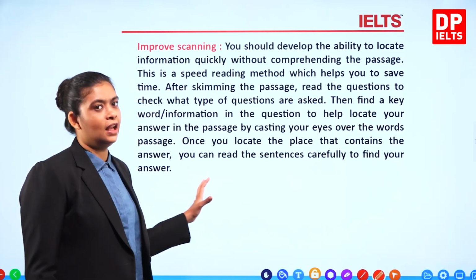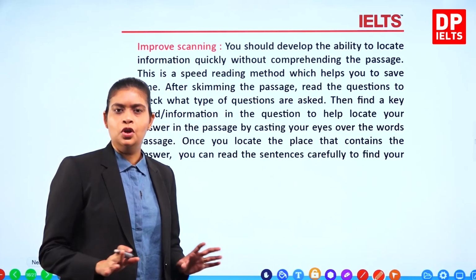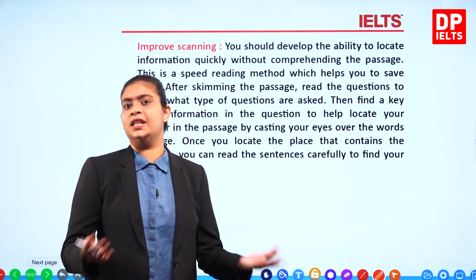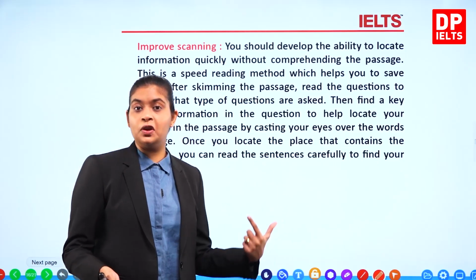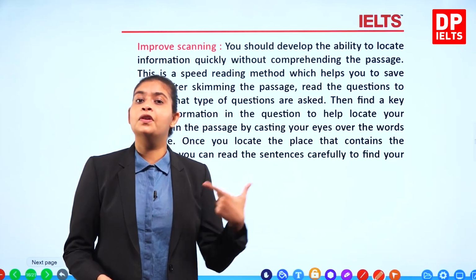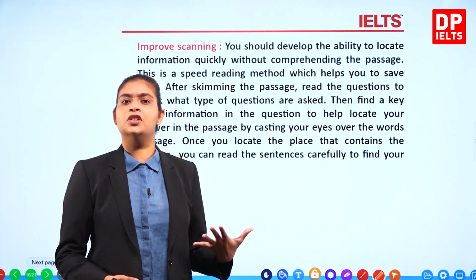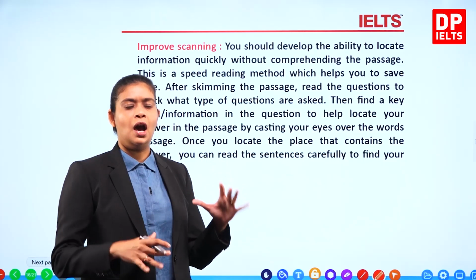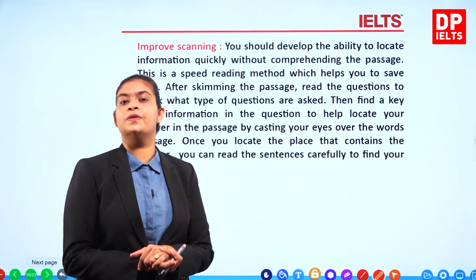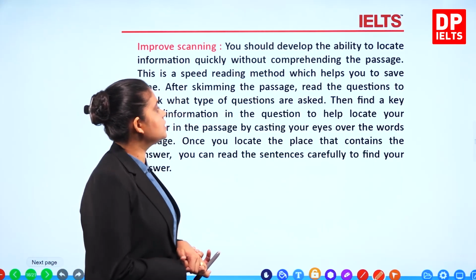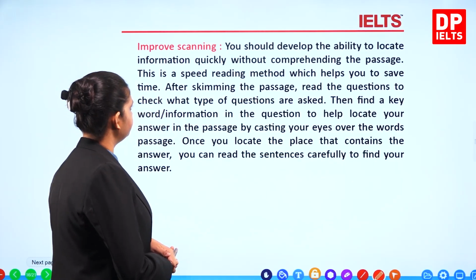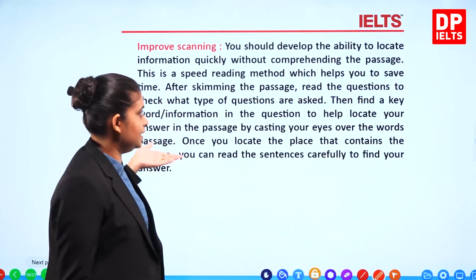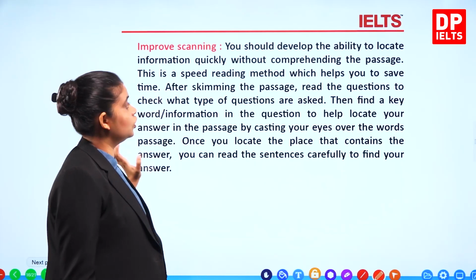Scanning, locate specific information. So you can scan for names, you can scan for telephone numbers, you can scan for a date of birth, right? Or a specific word, okay? Typography changes. Typography changes are if it's bold, italic, small letter, big letter, okay? Uppercase, lowercase. You can scan and look out for specific information, right? So here it tells you, you should develop the ability to locate information quickly